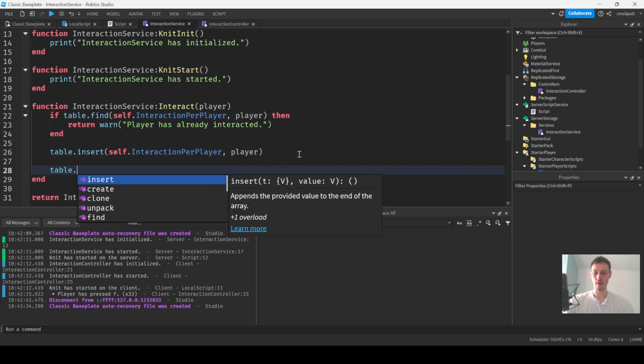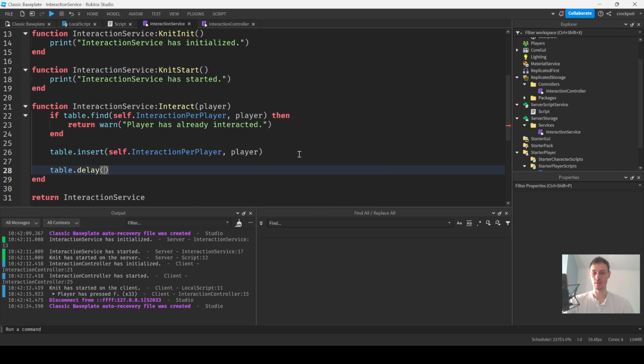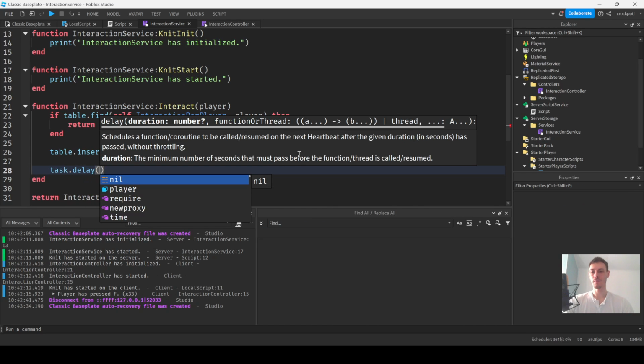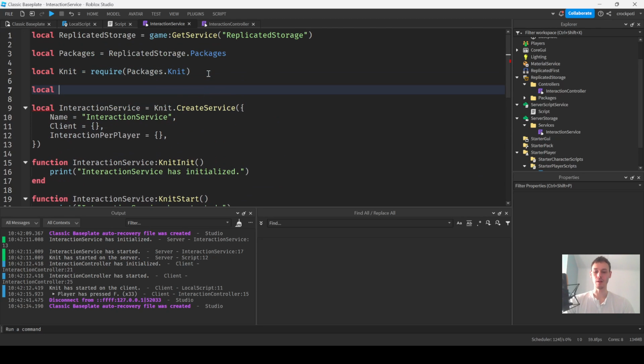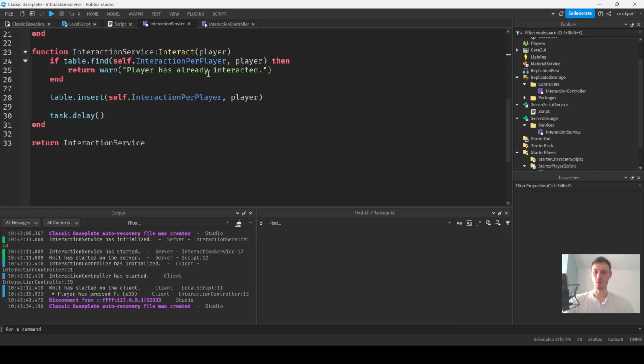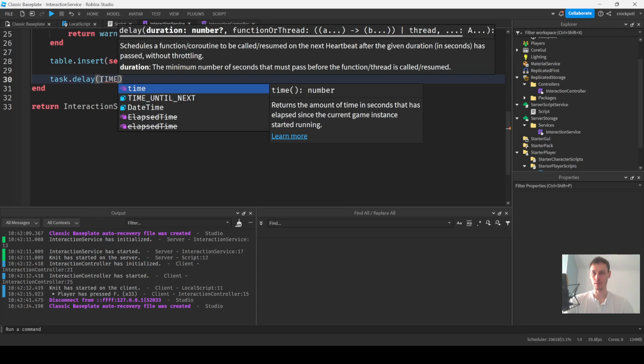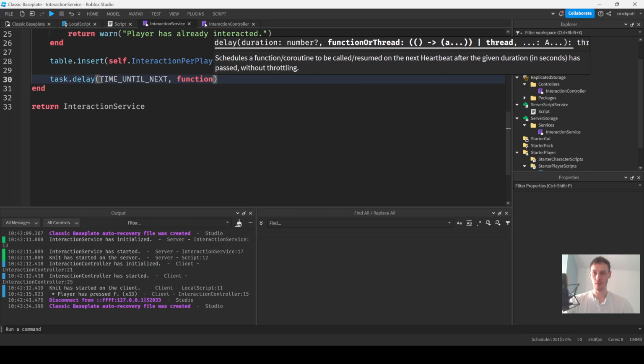Okay, and then we'll have, say if this is a debounce, so we'll do task.delay. Actually, not table, task.delay. And then say, however long your debounce is, so we'll create a constant variable up here, and we'll say interaction or time until next equals 4. So we'll have time until next, and then function,